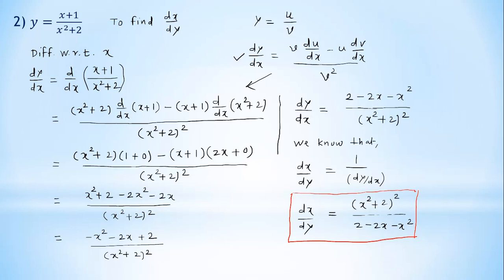So marginal demand x with respect to price y is obtained by taking the derivative of the given function with respect to x. Hence we get dy by dx as 2 minus 2x minus x square upon x square plus 2 bracket square, and then by that theorem, if we require dx by dy, then dx by dy is equal to 1 upon dy by dx, and hence we get the final answer. Okay, so try to solve this type of question from your exercise. Okay, thank you.